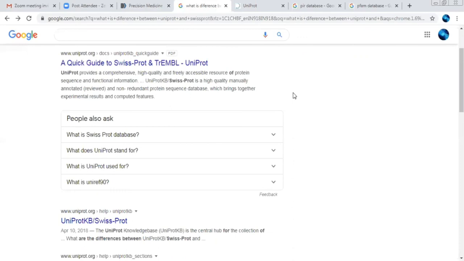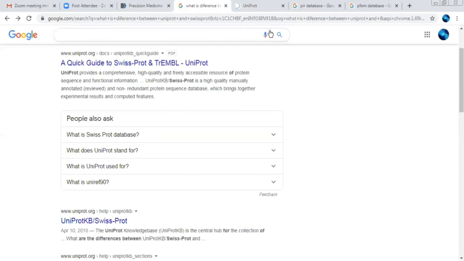Whereas UniProt KB is called a knowledge based database, in which we get data that has been manually curated or manually annotated, with respect to a non-redundant protein sequence database. It has been linked with other databases, and that will provide you certain information with respect to the sequence of that particular protein, apart from the protein functions and the protein family and domain, and it is manually curated. That's why it is called UniProt KB or the SwissProt database.